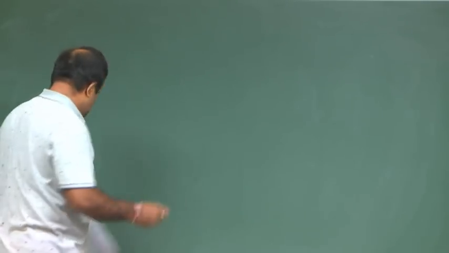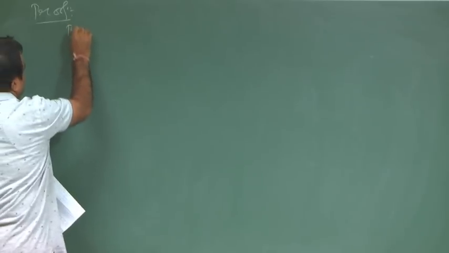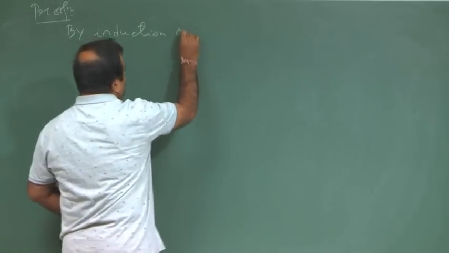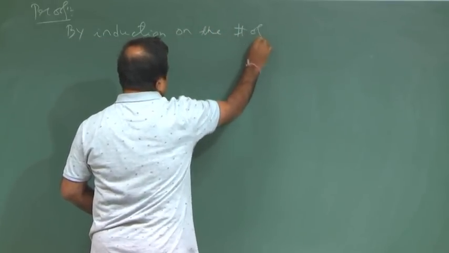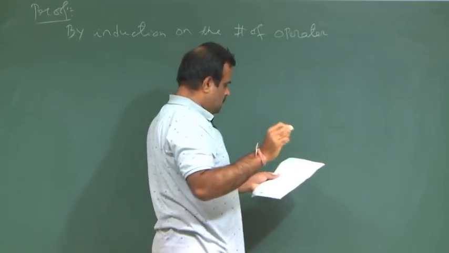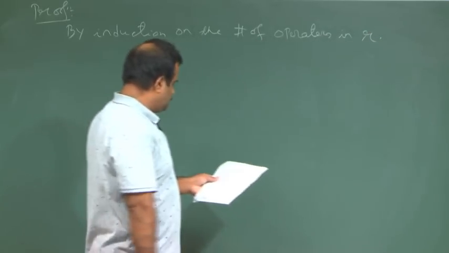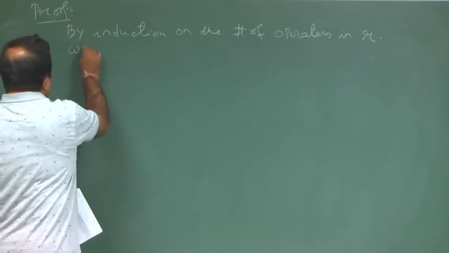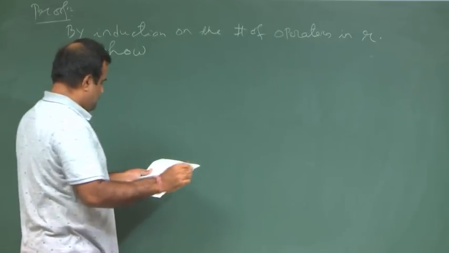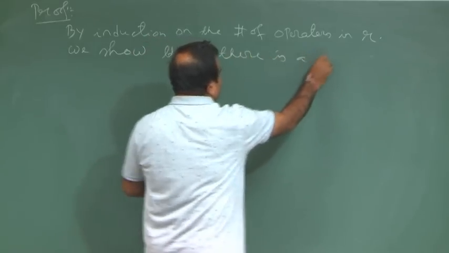So, the proof is by induction on the number of operators in R. Then we will show that there is an epsilon NFA